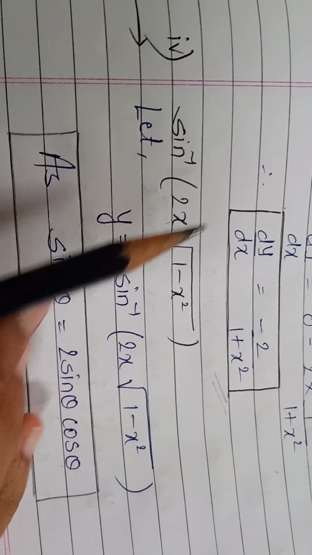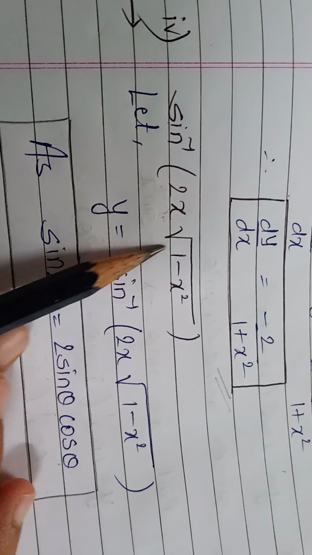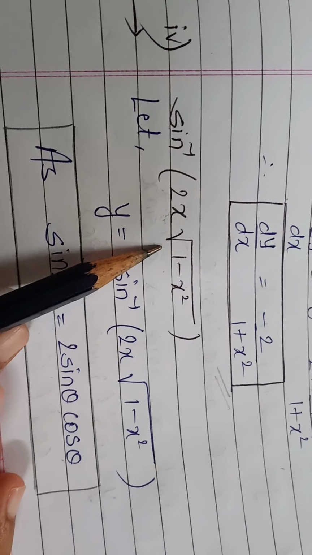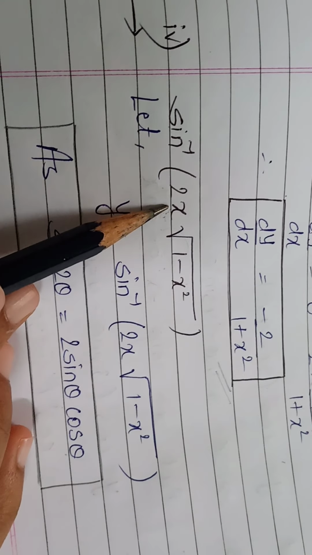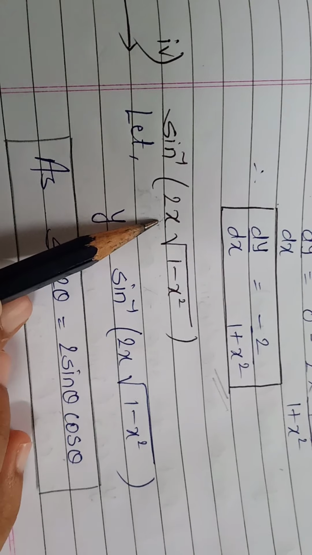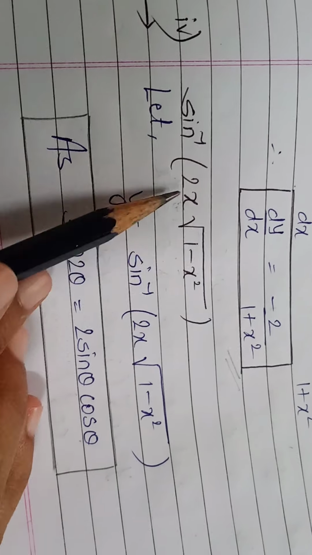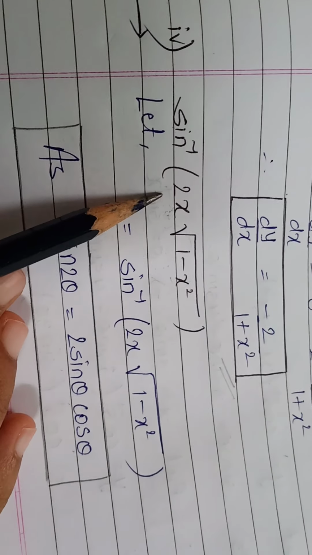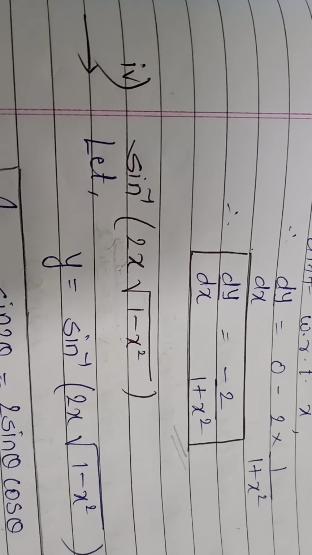Then also you will get it. In short, I'll explain over here. If you put sine theta instead of this x, this bracket will come as 1 minus sine square theta, which means cos square theta, and outside this square root it will come as cos theta. Then we'll get a sine and cos combination. Okay. And if you put cos theta as x, then the square root bracket will come as sine. So again there will be a combination of 2 sine theta cos theta. So no matter whether you put sine theta or cos theta, you should get this format. Okay. So in this example, we'll take x equals sine theta.